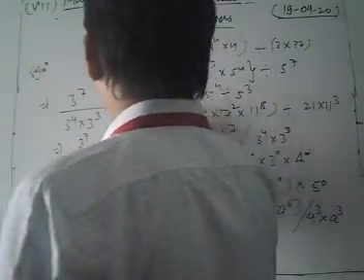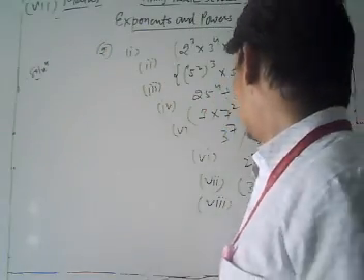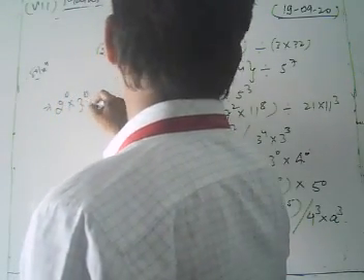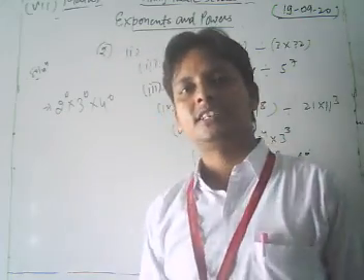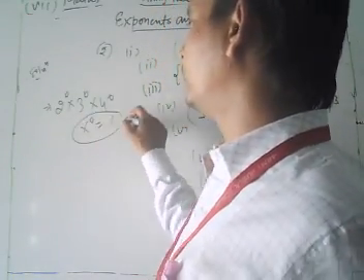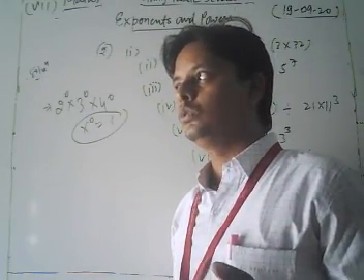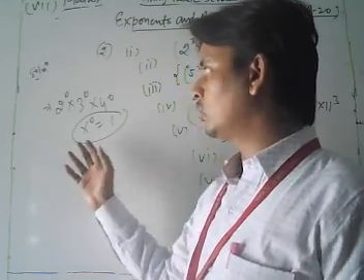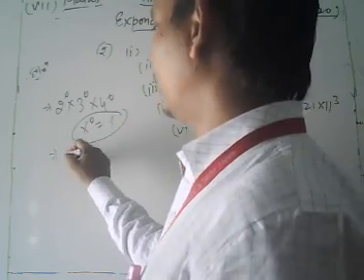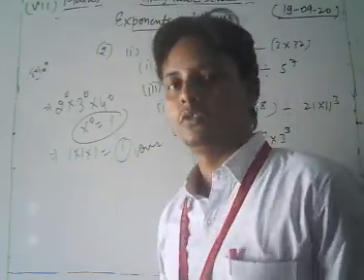Similarly, we take and solve the next part of this question, which is 2 power 0 into 3 power 0 into 4 power 0. Dear student, I just discussed that the value of any number to the power 0 is always equal to 1. Here we apply the same concept. So we can write 2 to the power 0 as 1. Okay, so 1 into 1 into 1 gives 1. So our final answer is 1.